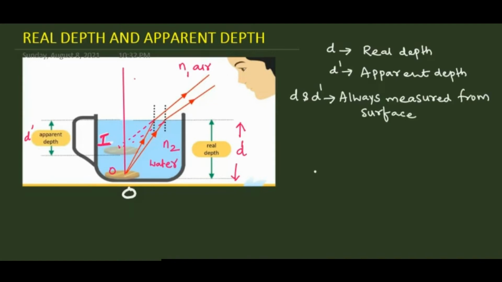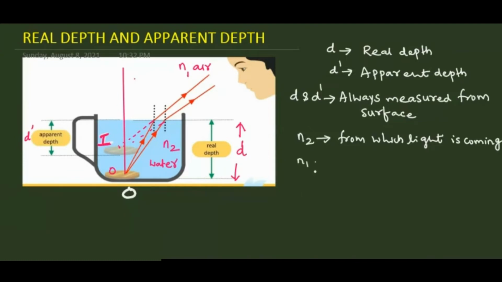Clear, Jignesh? Tanmay, Orshika? Yes, sir. Jaitej, Jashwant? Clear, sir. Then one more important thing: remember N2. Always remember, N2 means where the object is placed. The medium in which the object is placed, that medium we consider as N2. Here the coin is placed in water. So simply, N2 means the medium from which light is coming.